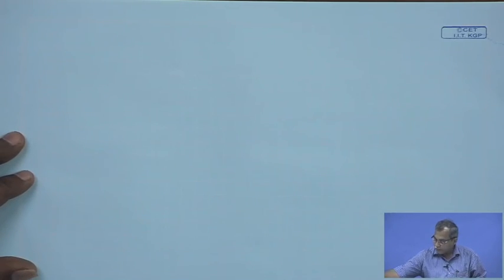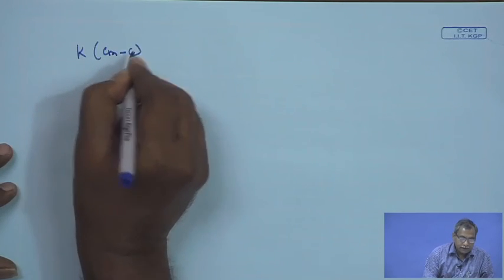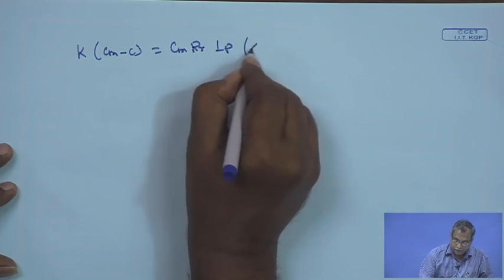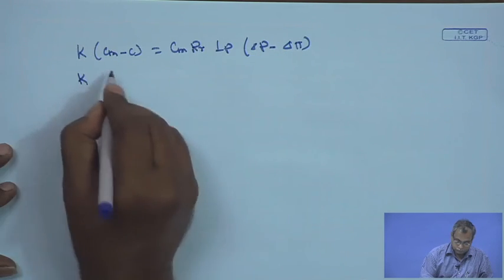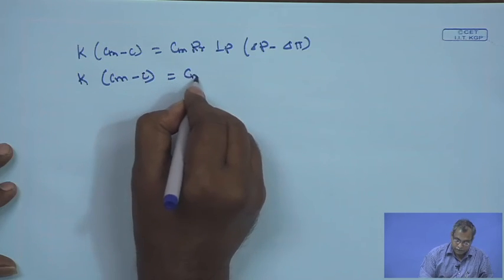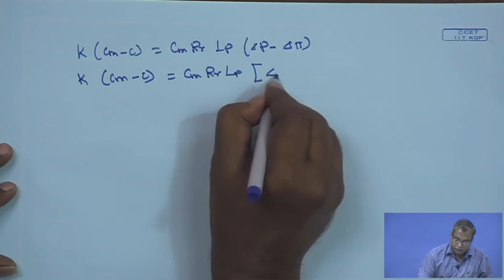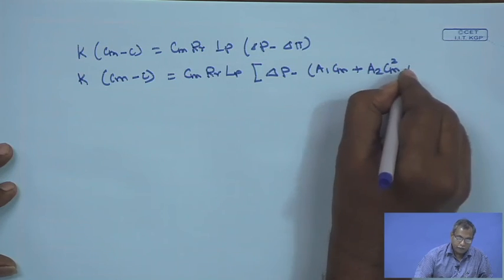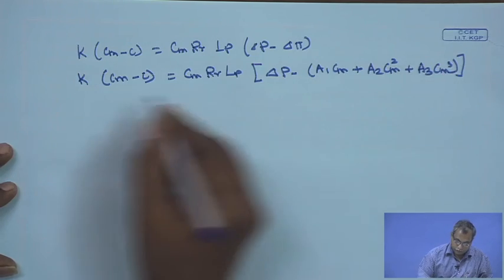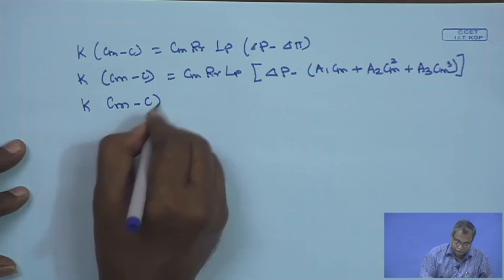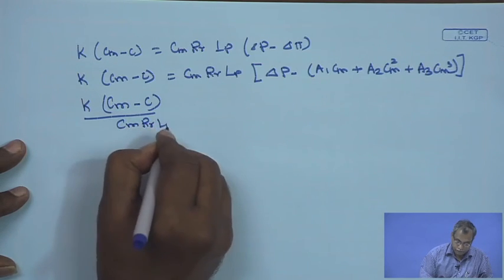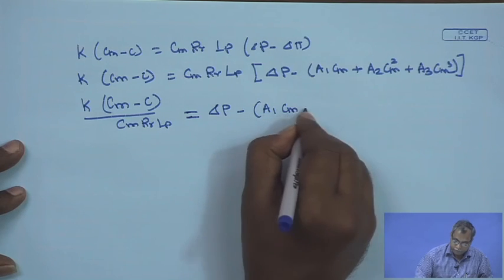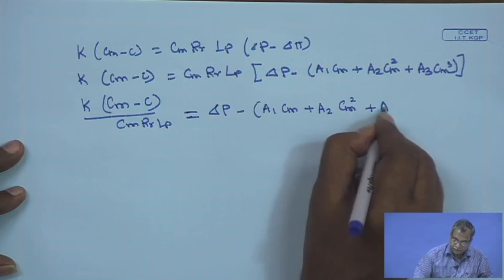So, by doing that, one will get k (Cm minus C) is equal to Cm RR Lp, and this will be delta P minus (A1 Cm plus A2 Cm square plus A3 Cm cube), or k (Cm minus C) divided by (Cm RR Lp) is equal to delta P minus (A1 Cm plus A2 Cm square plus A3 Cm cube)